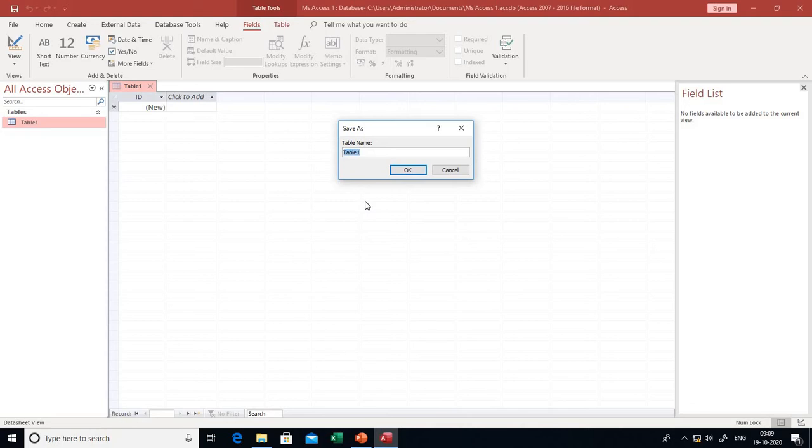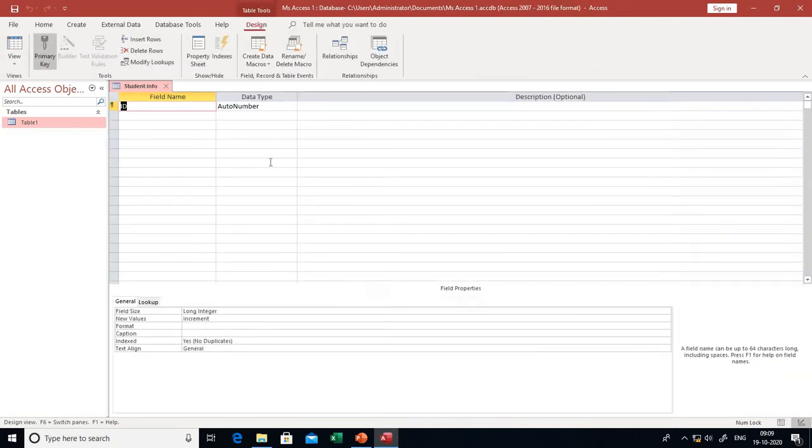It asks for the table name. I am giving here student info, then okay. After the name, two columns are visible in front of us. One is field name and the second one is data type.